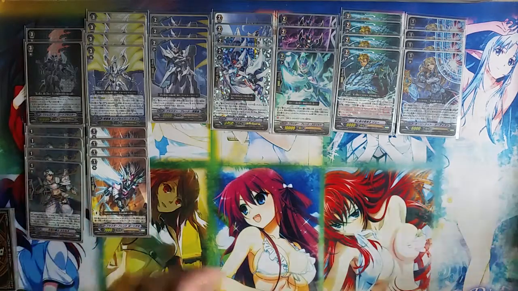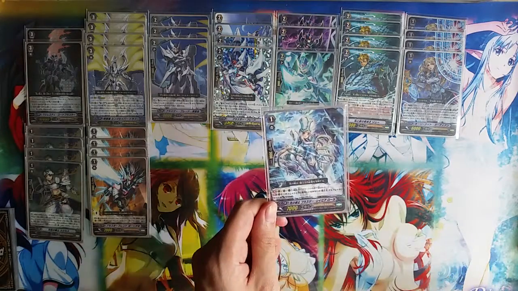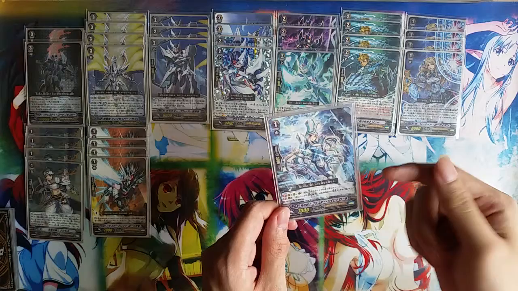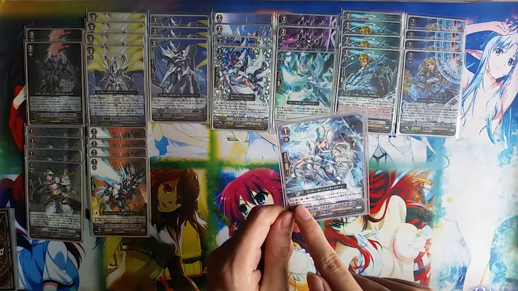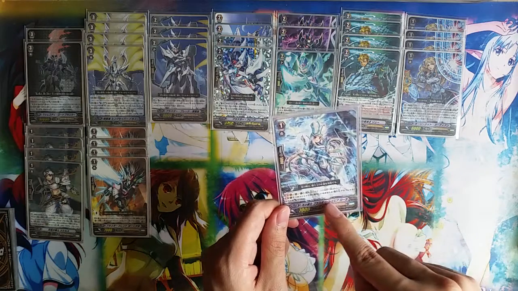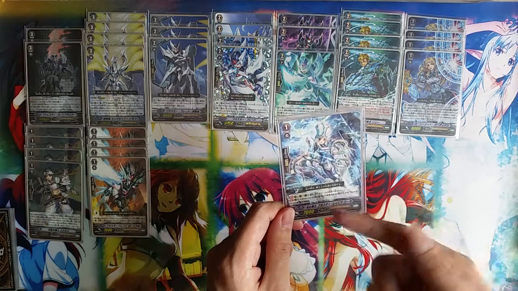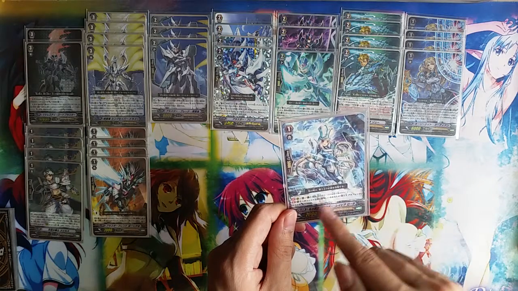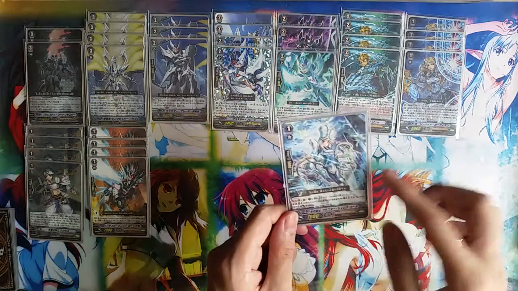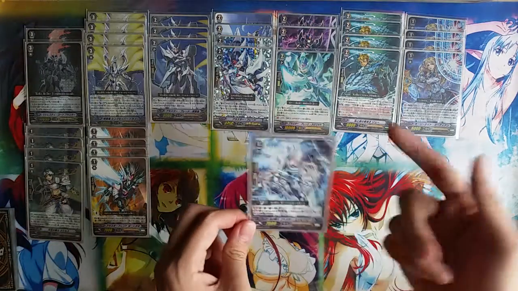And then the last copy of grade 1, I'll be running 1 piece of the Blaster Rapier Laura. Skill is, this is a resist unit, and the second skill is, if you control Alfred Vanguard, and if you control Alfred in the same column, that unit gains plus 1000 power permanently. So basically, she's here just for the name,